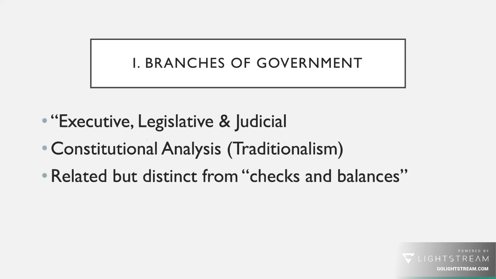So you can't really have an effective checks and balances unless you have a separation of powers in the first place. Second difference, if you think about it, checks and balances are a bit of a negation of the separation of powers. So the separation of powers means that each branch has its own power. But what checks and balances do is give branches of government a small amount of authority over the power of